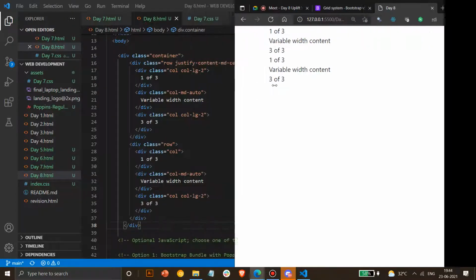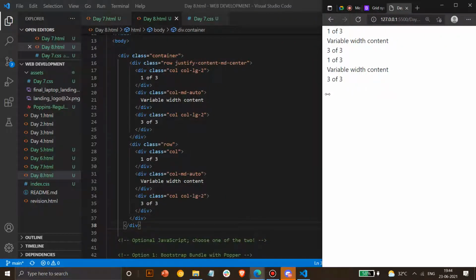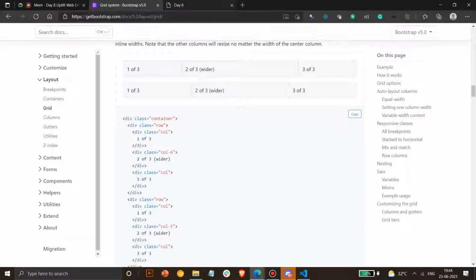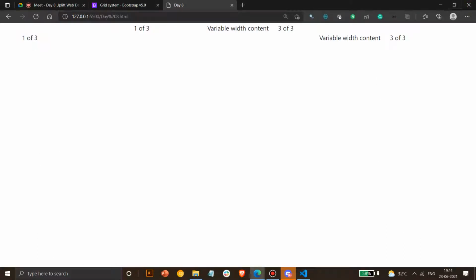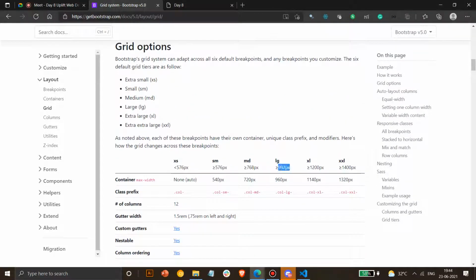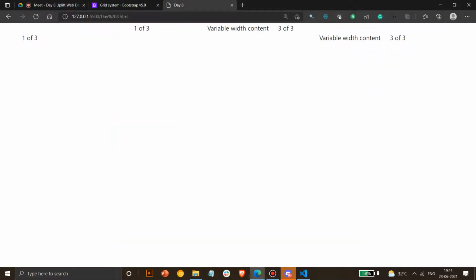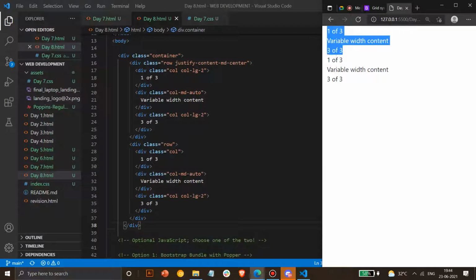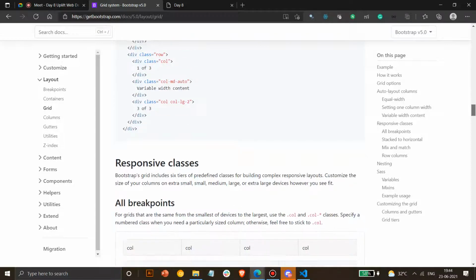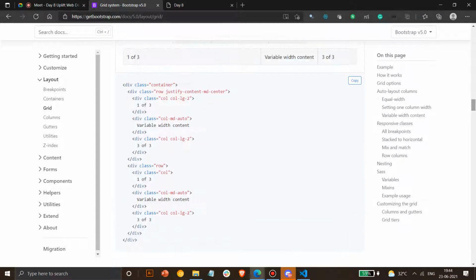So there are no rows here. You have to take the row and width system for each and every resolution. Currently it has been taken for large devices, which are above tablets, laptops, basically for laptops and PCs, and the same thing will work. For small devices you have to specify individually after this. That's why in mobile view it doesn't form any rows. Whenever you use MD, you will have it in large devices or medium sized devices, and only the rows will work for that.